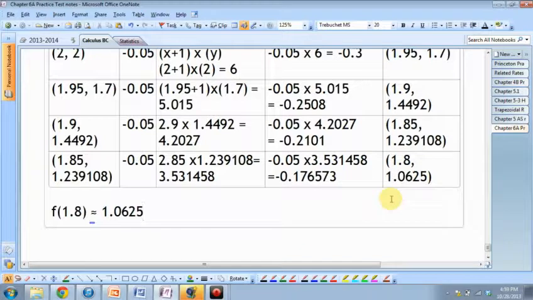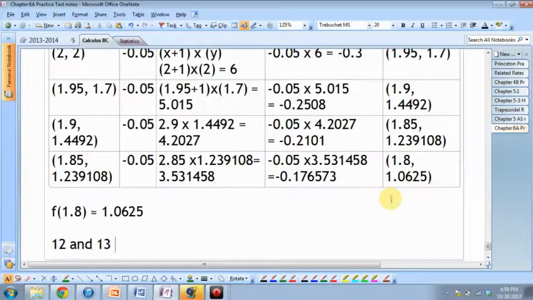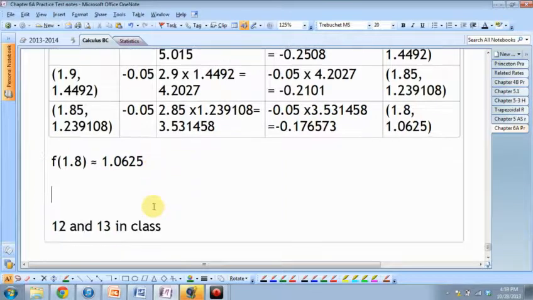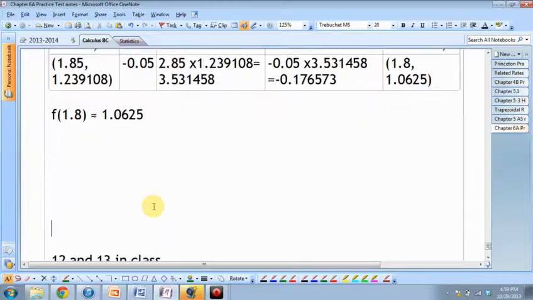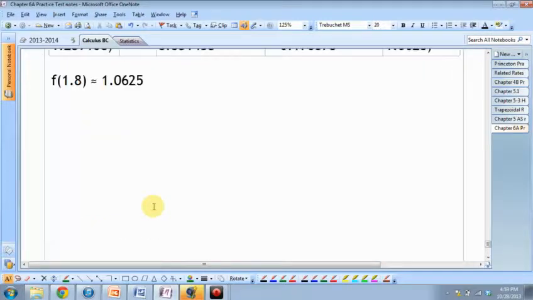Okay, so I think for 12 and 13, we're going to do those in class. We didn't do D? Did we do D in first period? We didn't? Okay. Let's do D now then. What do we have? Part D, we have